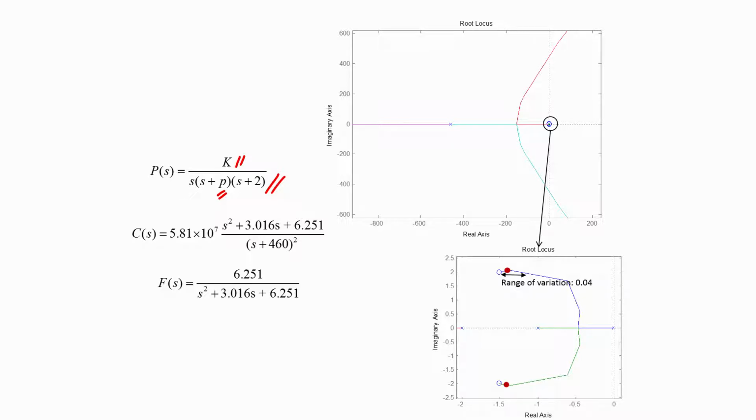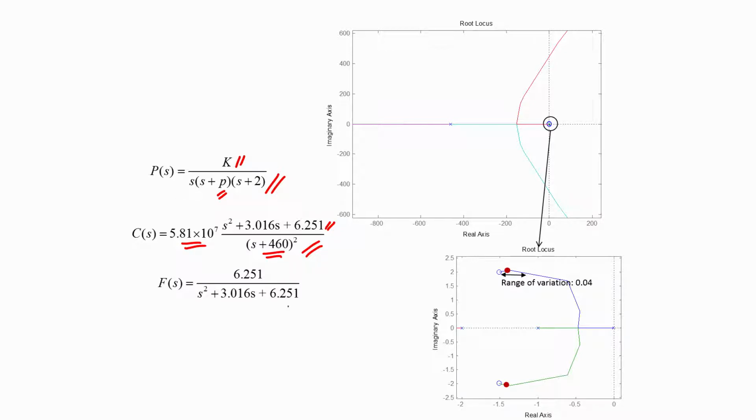Associated with this plant we had certain specifications on the desired robustness to these changes in the plant's parameters, and to achieve those specifications the controller structure ends up being something like this. It has 2 zeros whose distance we discussed in this clip, and if we undertake the rest of the design for the feedback controller we can obtain the locations of the poles P4 and P5 as well as the gain of the feedback controller. This completes the first 4 steps in the design.